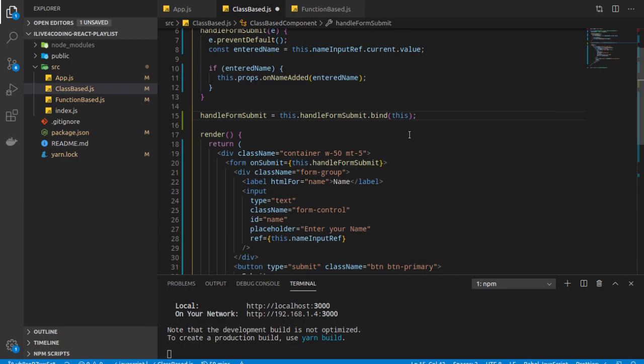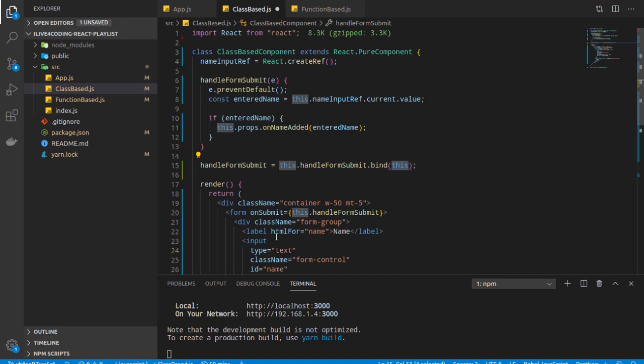Now whosoever calls this function from wherever, it will be called in context of this, which is the particular context, because we bound it with the current context. So which is this class space, and now the name input ref, which is in this current context, is already available. So now whenever this function is called, we should not get this problem.